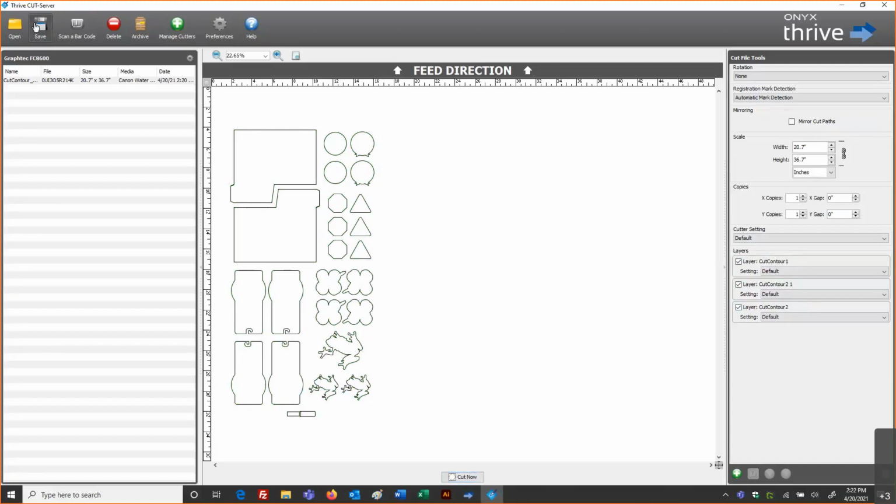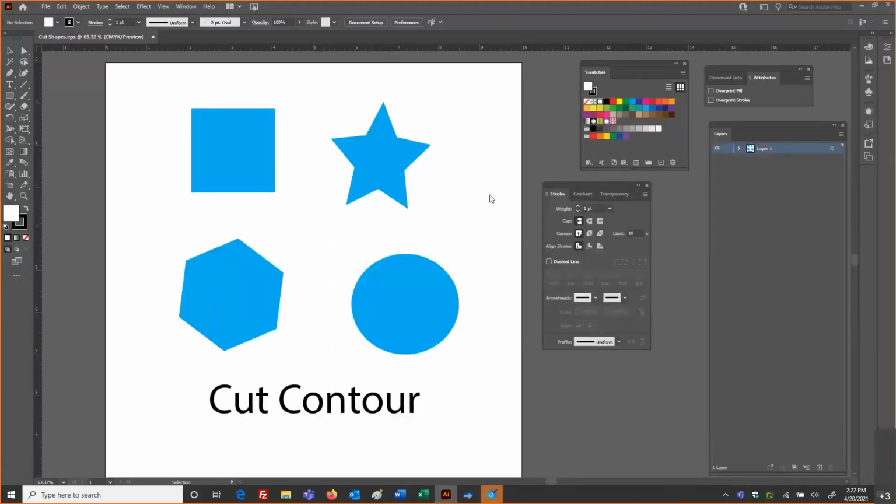So let's take a look at setting up a file in Illustrator and going through the design steps and then using this through our cut workflow as well. So I've got this very simple file, just a few graphic shapes. The intent is that we're going to print these shapes, and then around each of these shapes will be a cut path exactly to that shape size, right, where that object is going to be.